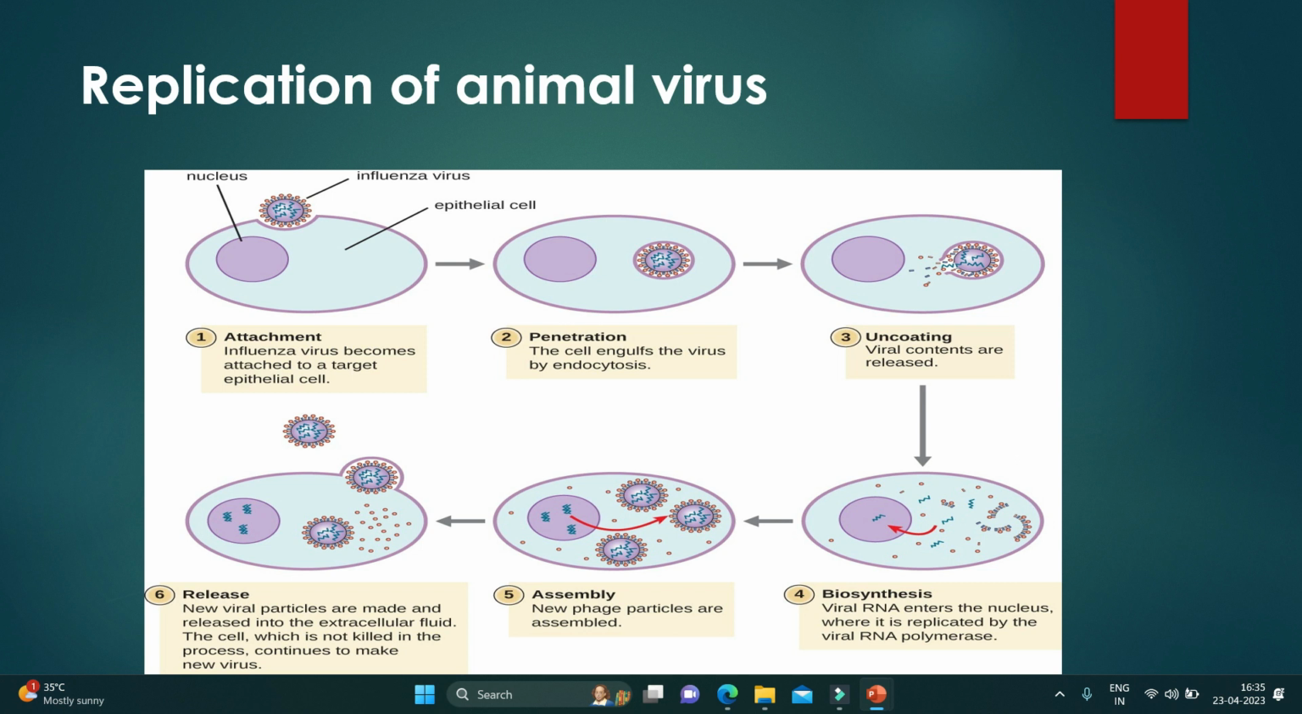Fifth one is assembly. New viral particles are assembled. Sixth one is release. New viral particles are made and released into the extracellular fluid. The cell, which is not killed in the process, continues to make new viruses. So, next,